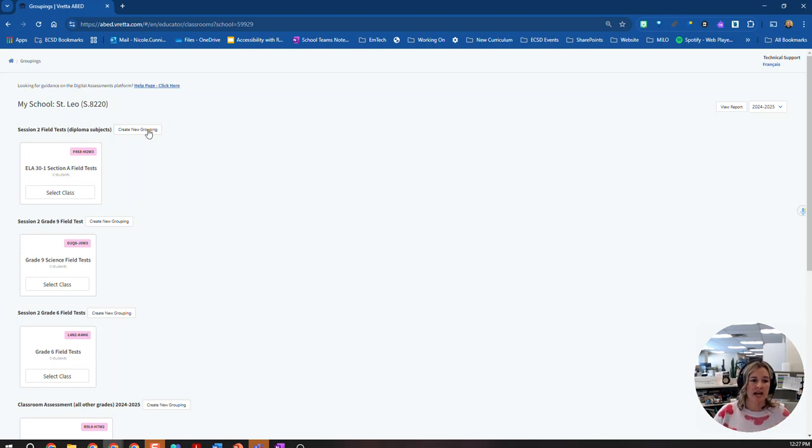Now note that these top three sections here, Session 2 Field Test Diplomas, Session 2 Grade 9 Field Tests, and Session 2 Grade 6 Field Tests, are going to be three empty boxes or sections for groupings up here. And so what you're going to do is choose your appropriate level and create a new grouping. Now, it's important for you to note that you're going to create a new grouping for every